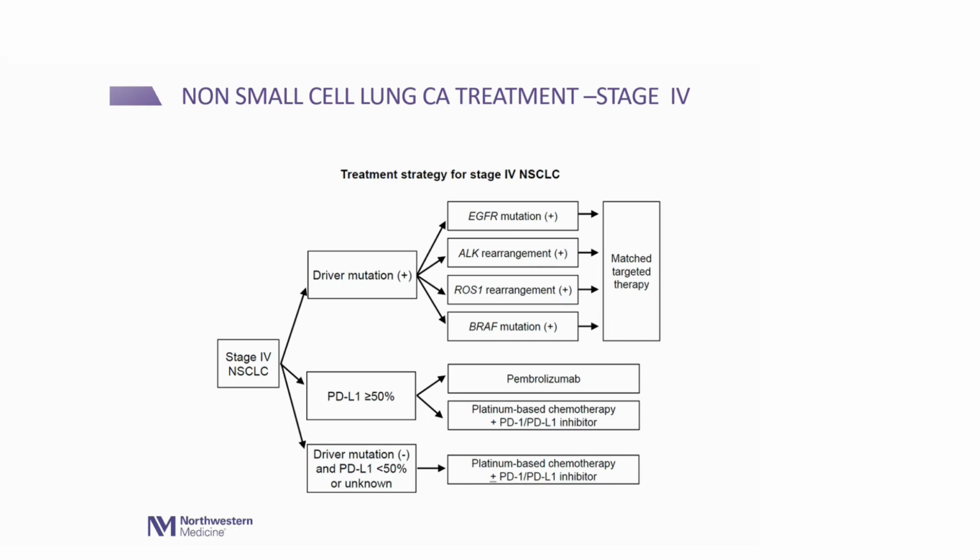Now, a person usually doesn't have more than one. It's only one of these markers that is present. If these markers are absent, but this PD-L1, that immunotherapy marker, is present, then we could do just immunotherapy alone, which is so much better handled and tolerated than chemotherapy. If markers and mutations are all absent, then we go to the good old standard, which is chemotherapy. It used to be only chemotherapy, but in this day and age, we're doing chemo with immunotherapy. So it's a combination.